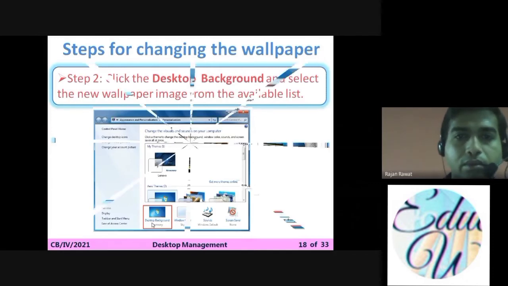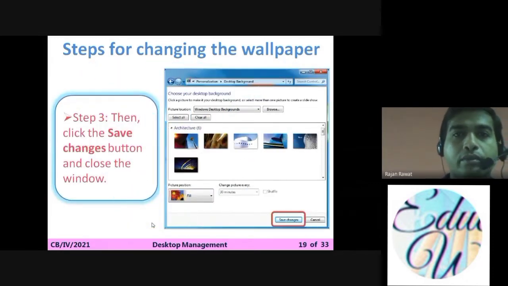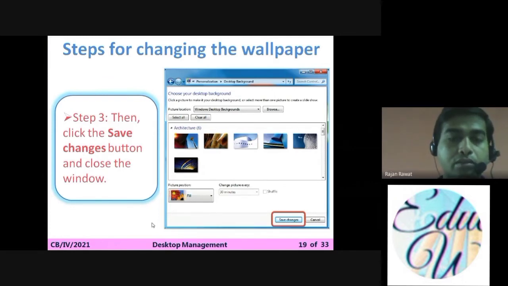And the third step is to click the save changes button and close the window, because that is also necessary. It will be saved on the screen as you click save changes, otherwise it may change. So that is why you have to click the save changes button at last when you place your wallpaper.